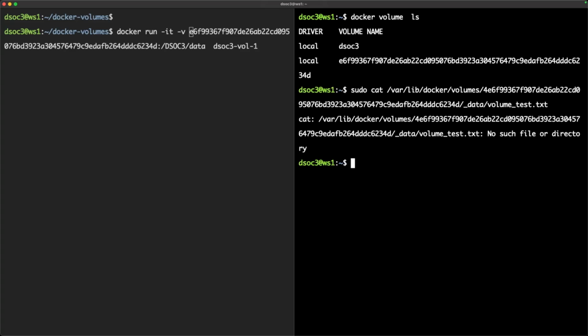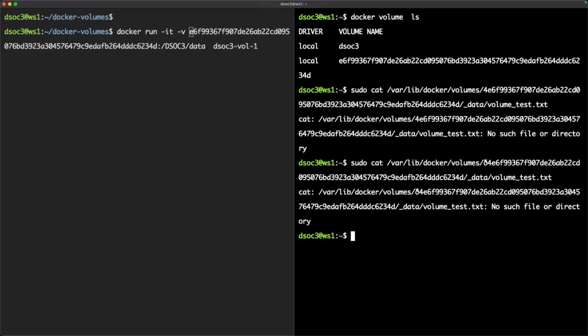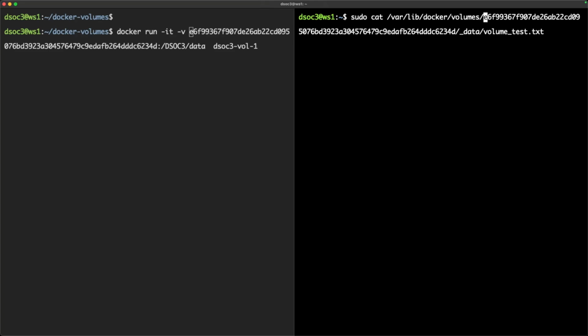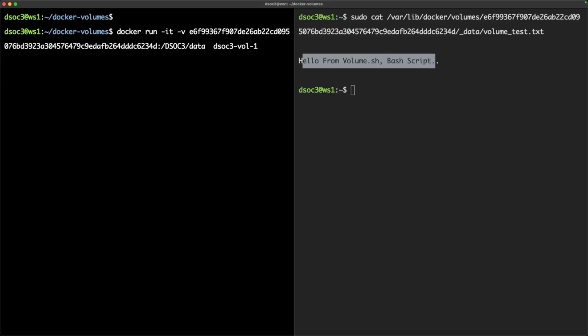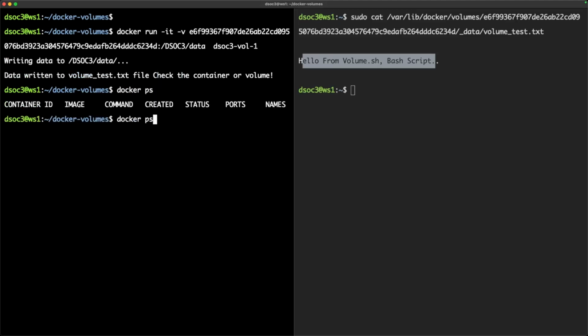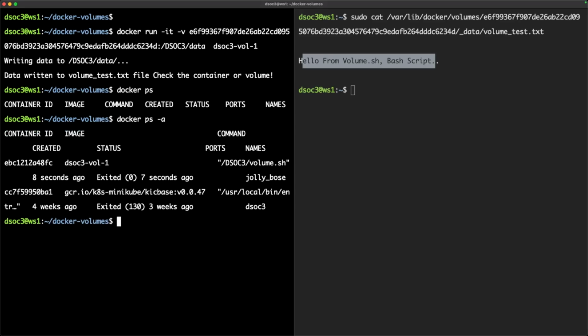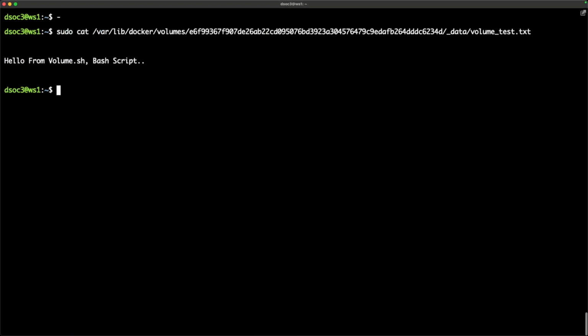We get no such file or directory at the moment, because it is a different volume, the one we have deleted. All right, so this is the content which we have. So what we are doing is using the same volume which was created, and we are mounting it again. Let's run it, and now it does the same thing. And of course we won't see the container, because it has exited, as it has done its job over here, right? And if we come back over here,